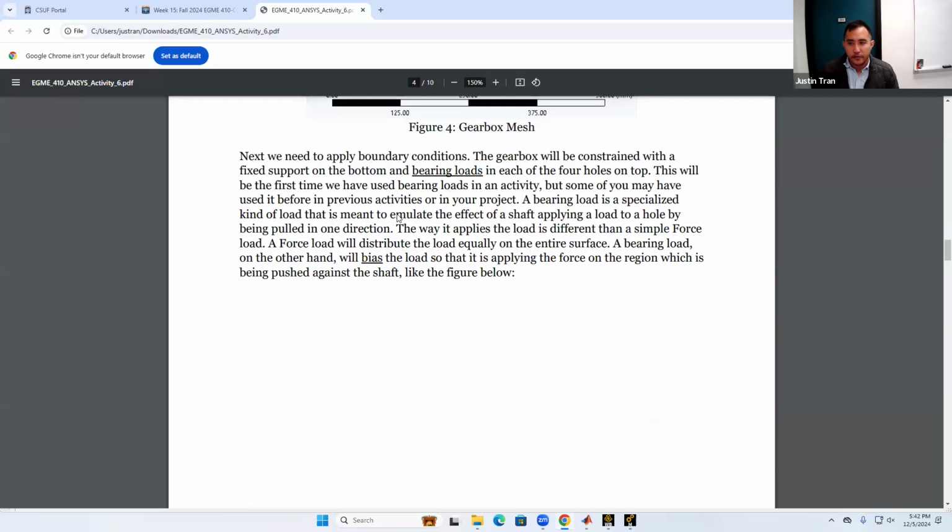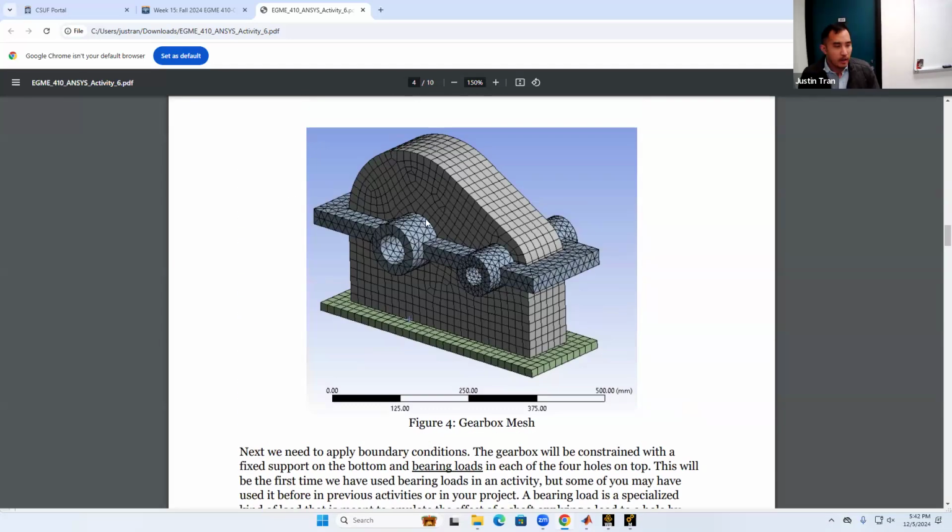A bearing load is very similar to a force load. It's just that how that force is distributed along the surface is different. A bearing load is meant to represent a situation where you have some kind of cylindrical object going inside a cylindrical hole, and that cylindrical rod is being pulled in a certain direction. So if you were to insert a rod into here, and let's say you apply a load on the rod in this direction,